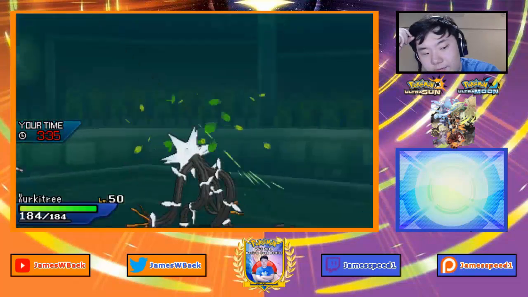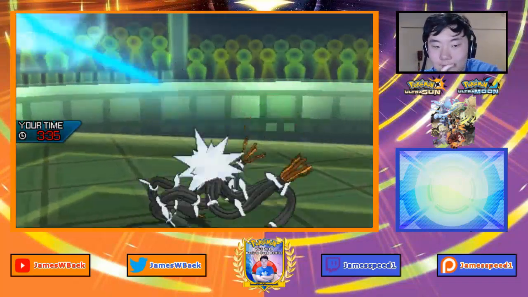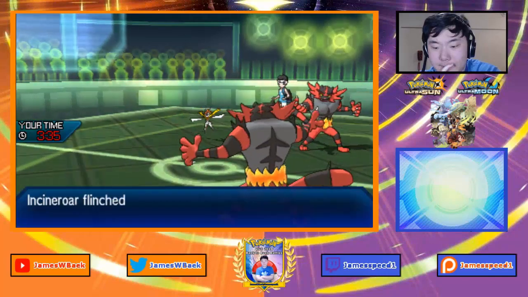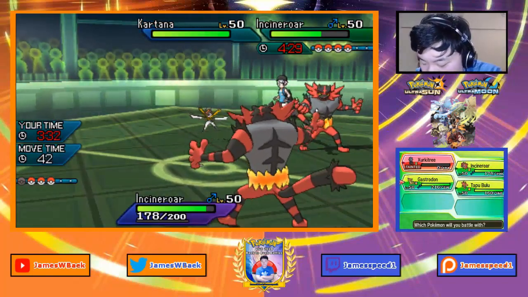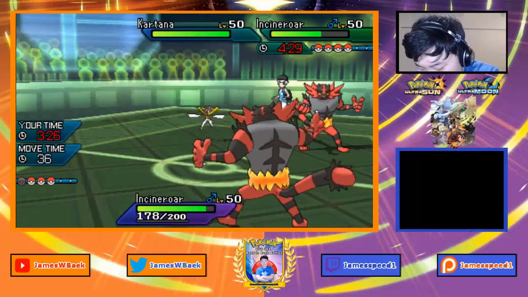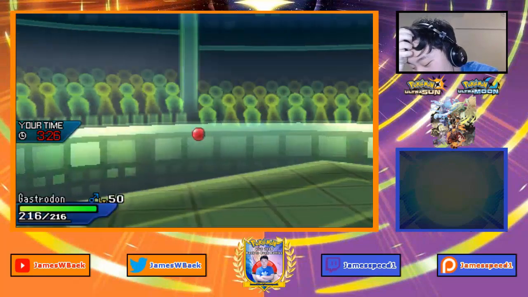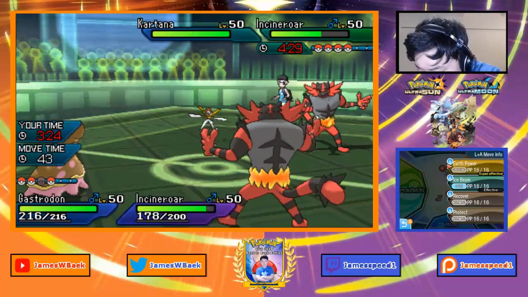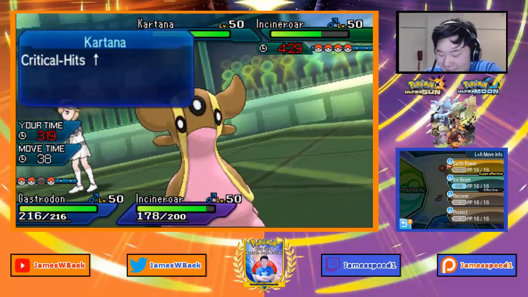Leaf Blade going to come out. Does knock out. Crit is guaranteed. I flinch. Oh, might come down to some... If Gastrodon can knock out Kartana, maybe. That's asking a lot, though. Oh, I think it might come down to my... Actually...